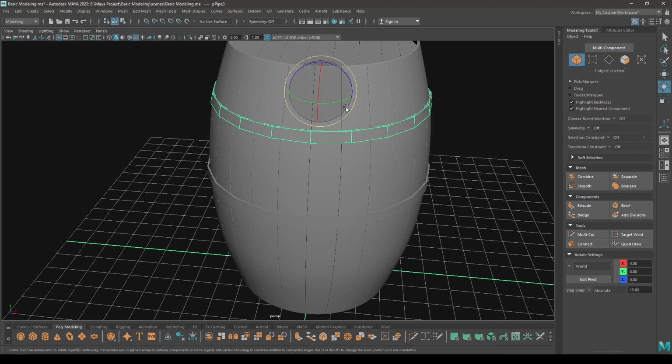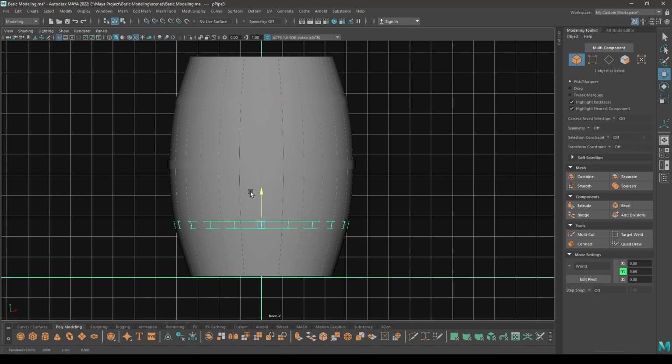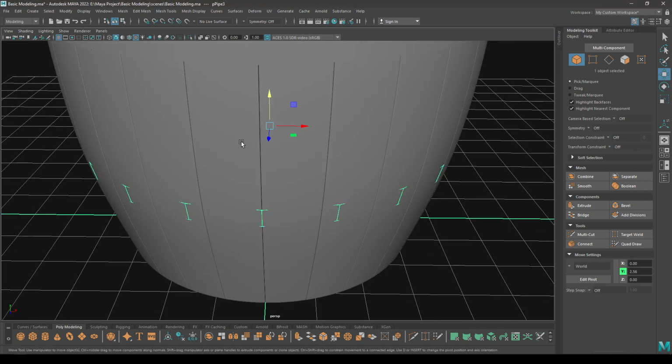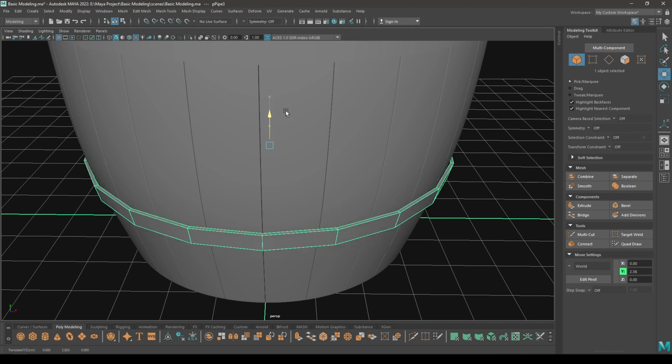And create a duplicate again, and go to front view and now rotate this and place this one down here. Like this.